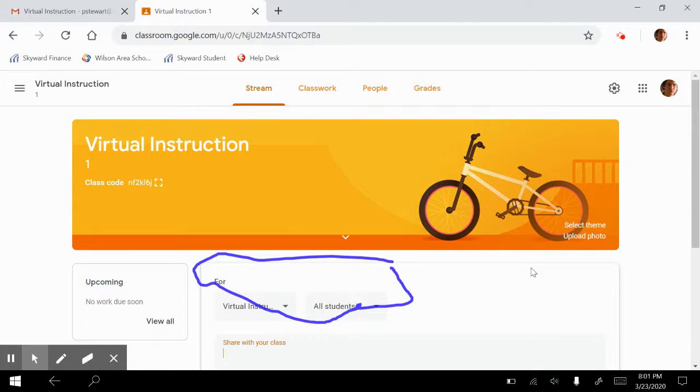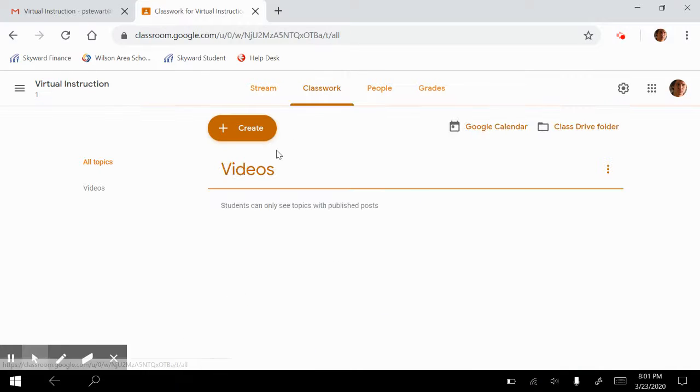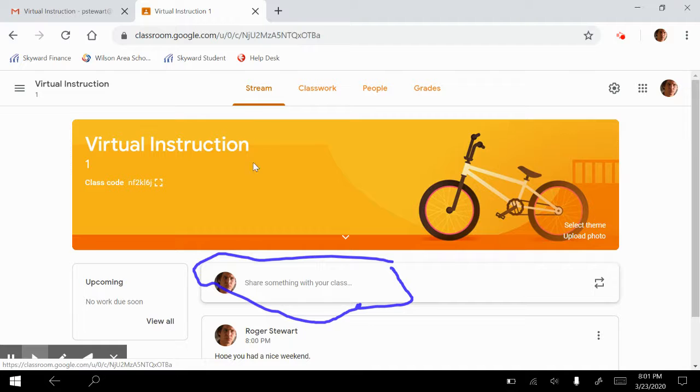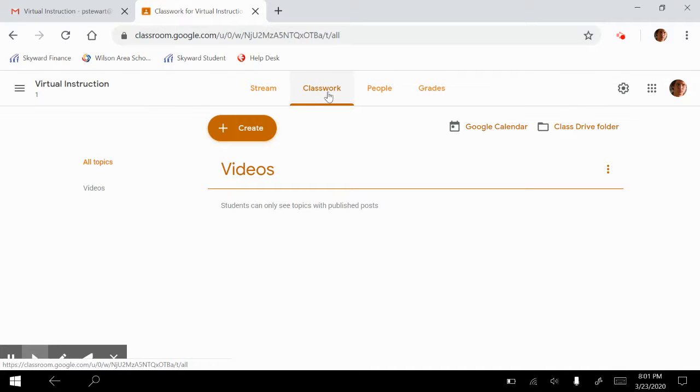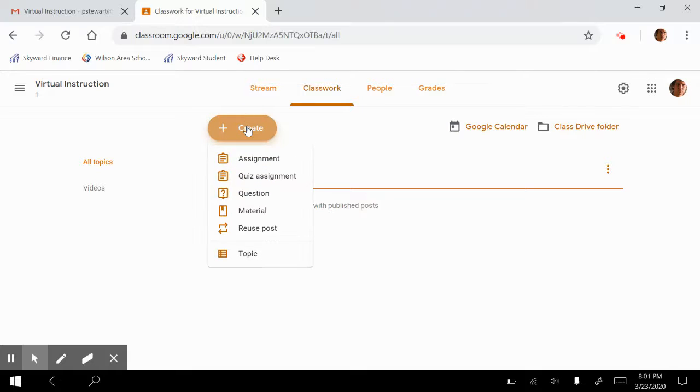So I'd be careful with how much you post there, or how often, if you really want them to all see it. Okay, the next bit is how do you assign work here in the Google Classroom, something that we all need to do. So your normal kind of home page is your stream up here. So go over and hit classwork, and you're going to have an opportunity to create, and this will create an assignment. There's a bunch of stuff that I could put here. It has categories: assignment, quiz, question, material. I'm just going to choose regular assignment,